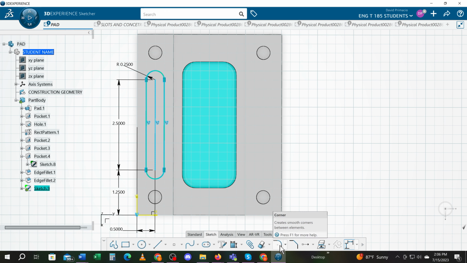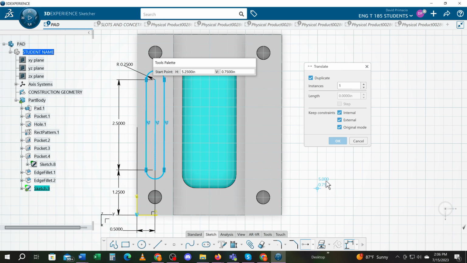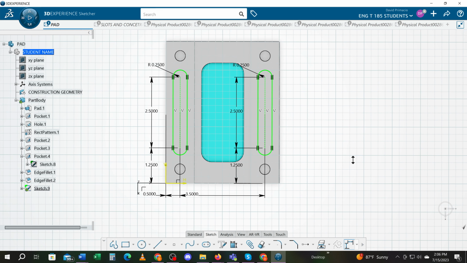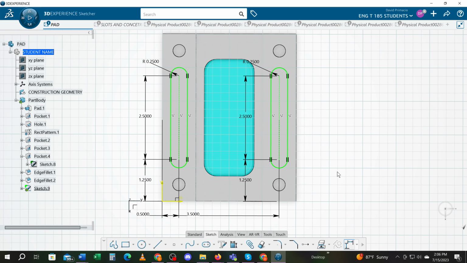And we'll go back to translate. With all of these turned on, I'm going to start here and then come over here and click a location. And then I'll click off of it, and you notice now the profile is done. It's already green because it copied all the same constraints. So we can go to standard,